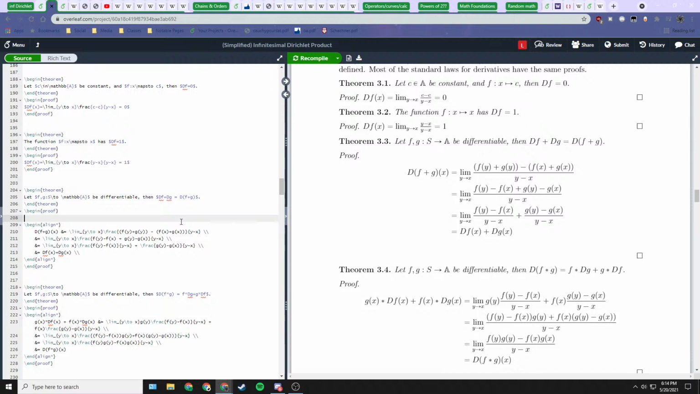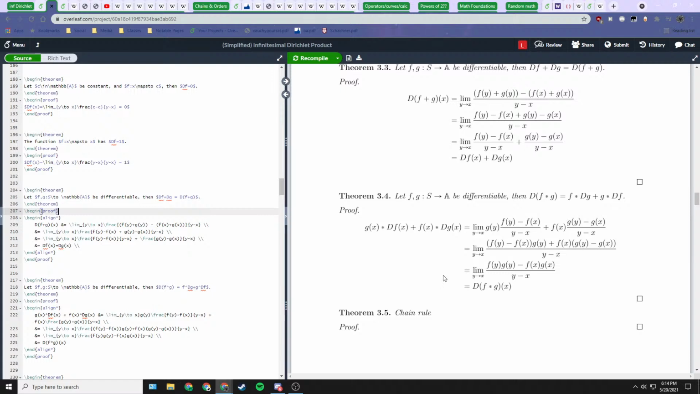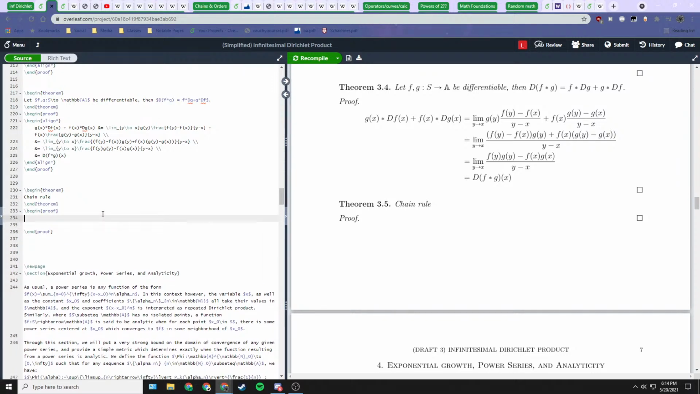So I'll add exposition later, I think. The chain rule is the one that's a little finicky. So sort of the proof sketch is we want to say, when we do